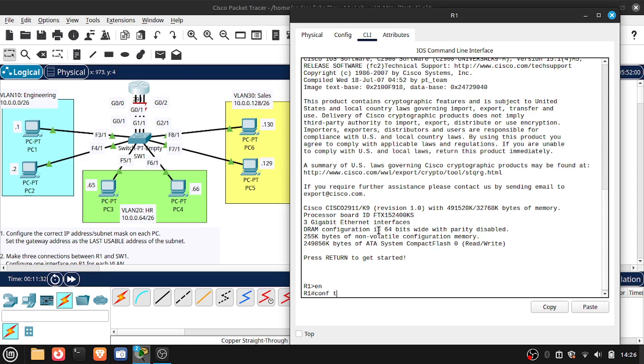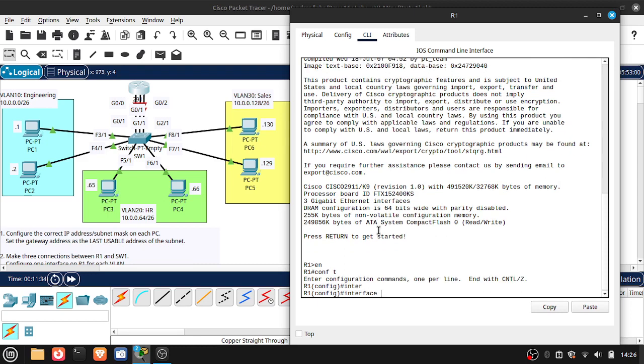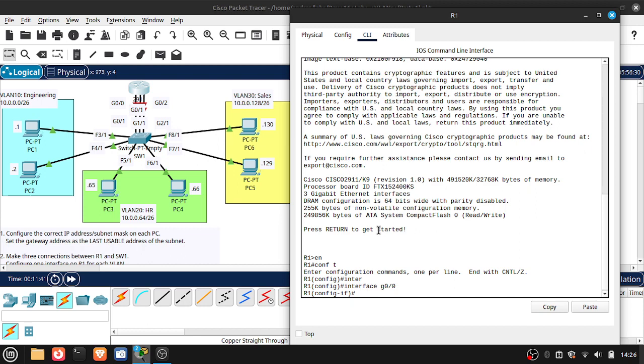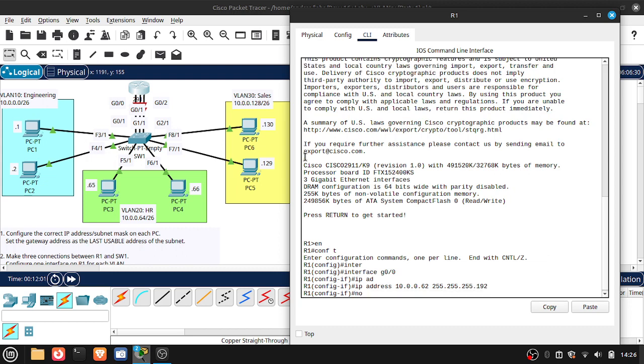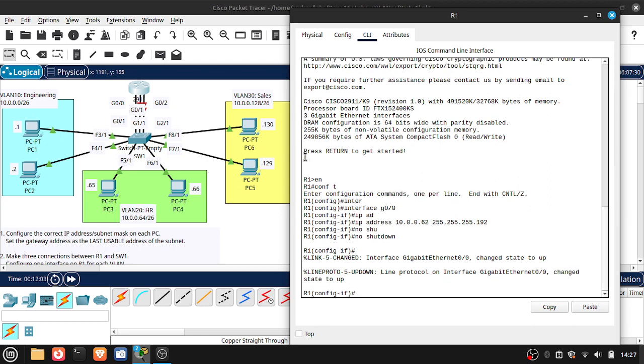Enable the interface. We set gigabit 0/0 for VLAN 20, so interface gigabit 0/0, IP address 10.0.0.62, subnet mask 255.255.255.192, and now no shutdown. Okay, now